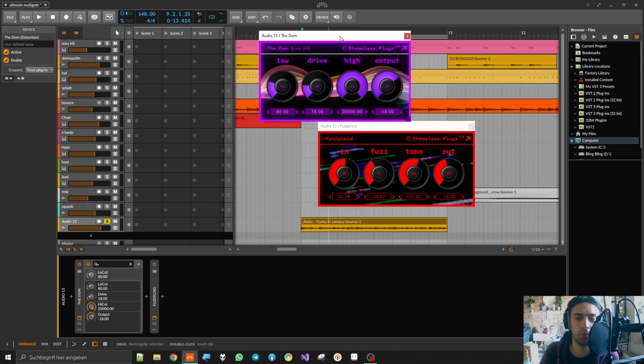called the DOM, a cool distortion tool in which when I tested it I asked myself, if there is the DOM, can there also be the sub? But anyway,